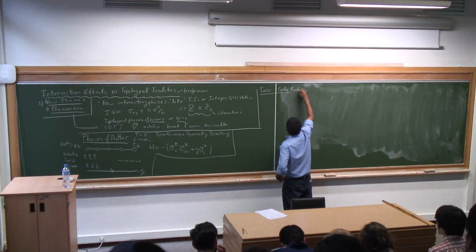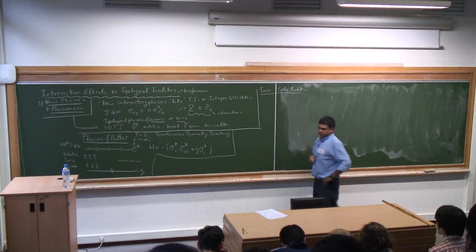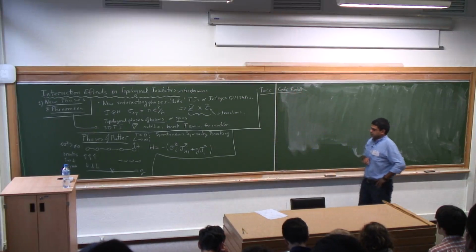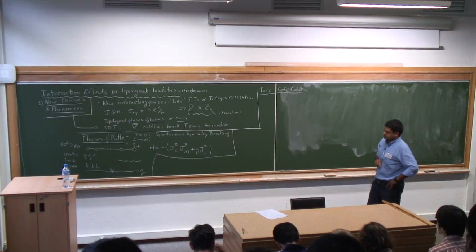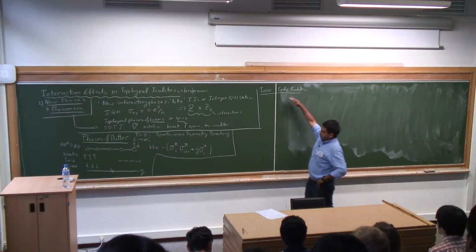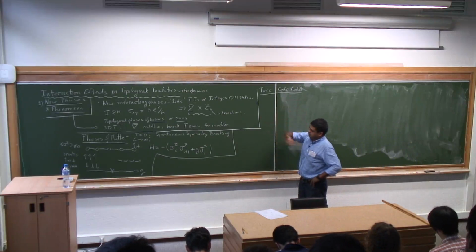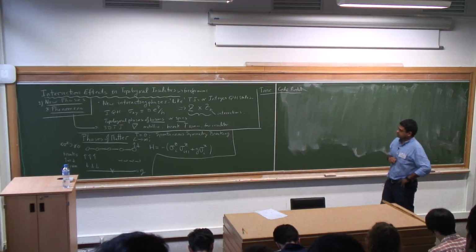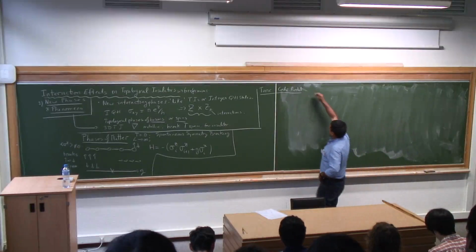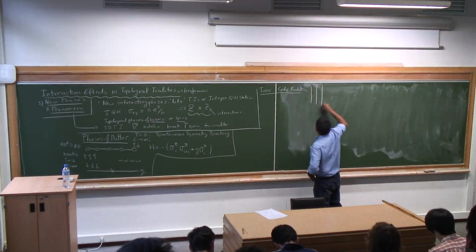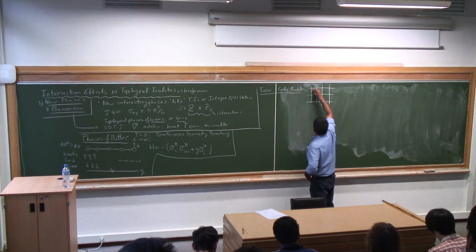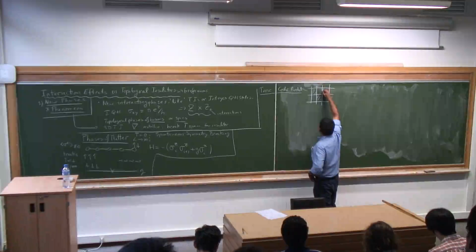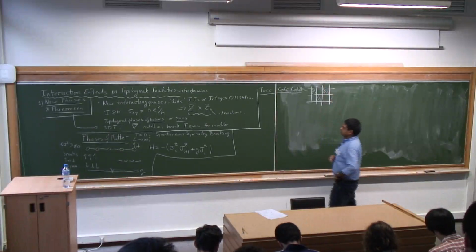I think Claudio talked in detail about this model. So let me just mention it because I want to draw a distinction between states of this kind and the states that we'll really be interested in, the ones that are like topological insulators. So the toric code model, you've got spins on the sides of a lattice. There are two kinds of plaquettes in this model, shaded ones and the empty ones.